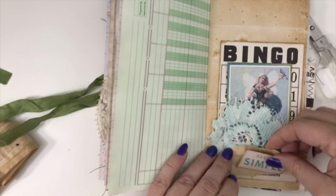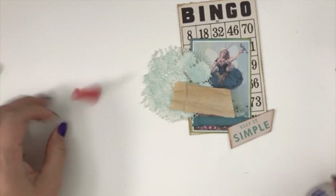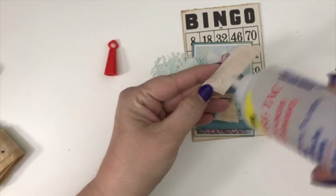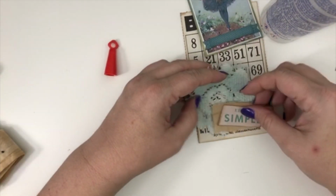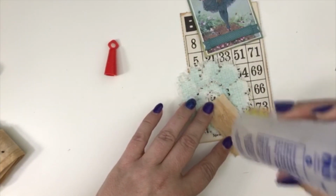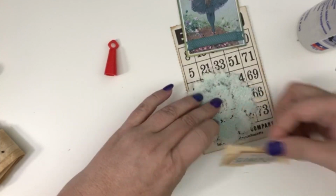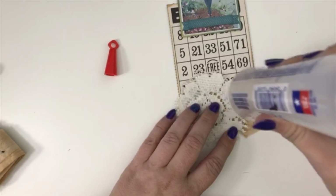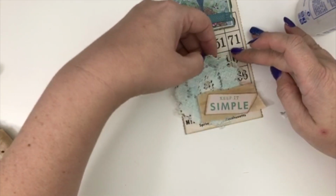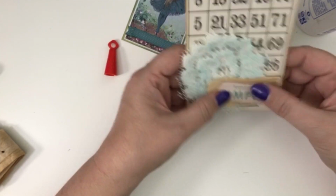And the last fairy theme that she did, which I can't remember the name of, she had some of these little pieces that she had dyed, and then she sold them in little packs. So I have quite a few of those left. So I thought this would be a perfect opportunity to use it. I decided to grab that, and basically I put the little keep it simple on a piece of tea dyed muslin, and then I'm just going to position that little flower there. My original thought was I was going to make this kind of a little tuck spot to put that journaling card in, but I glued